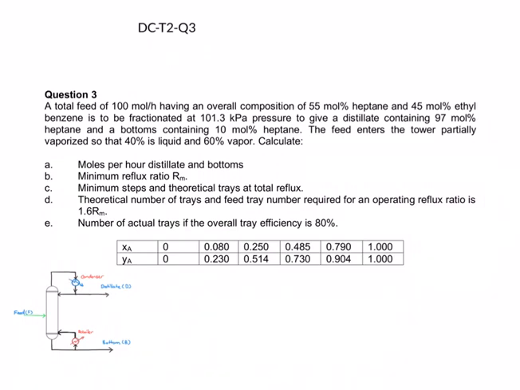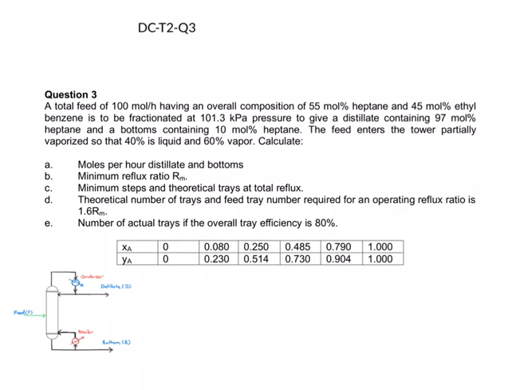composition that you have is 40% of your feed consists of liquid and 60% consists of vapor. So you need to find your distillate, bottom, minimum reflux ratio, and then the number of stages if you are using total reflux. And then you need to find the theoretical number of trays, given that the reflux ratio is 1.6 multiplied by the minimum reflux ratio. And lastly you need to find the actual trays, given that the efficiency is